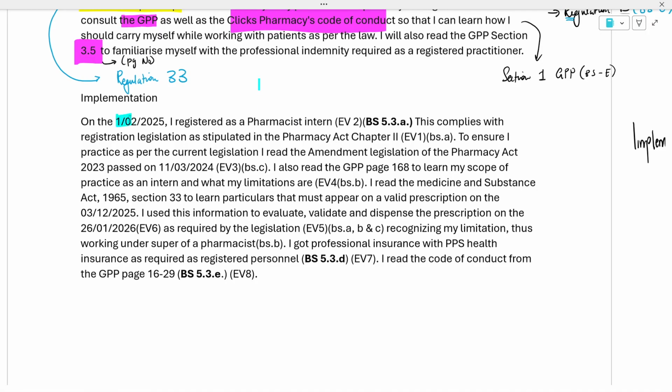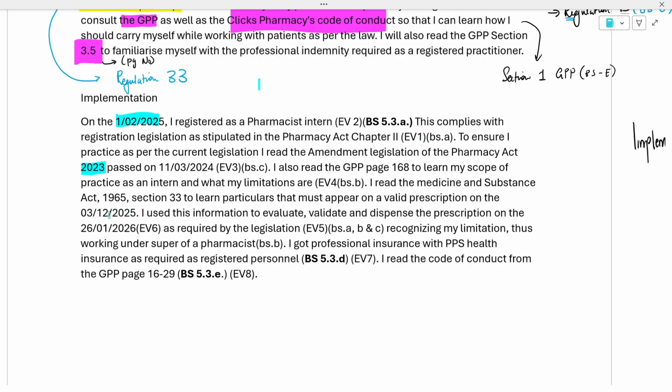On the 1st of February 2025, I registered as a pharmacist intern. Okay. This complies with legislation stipulated in the Pharmacy Act. To ensure I practice as per current legislation, I read the amendment legislation in the Pharmacy Act 2023 passed. Okay. I also read the GPP to learn of my scope of practice and what my limitations were. I read the Medicines Act 33, to learn of the particulars that must appear on the prescription